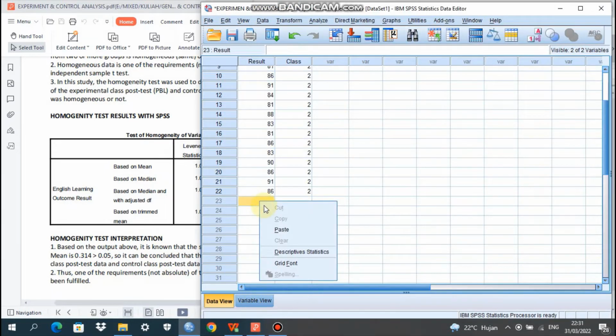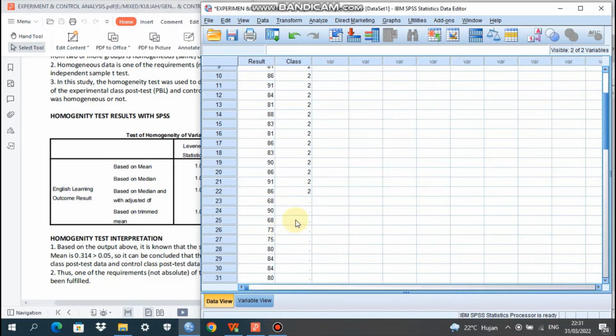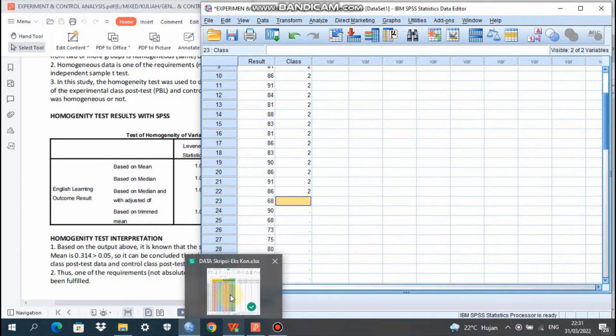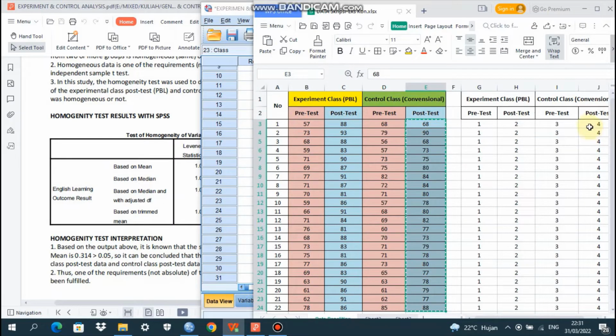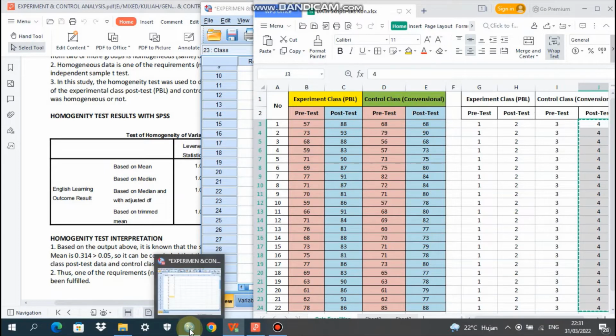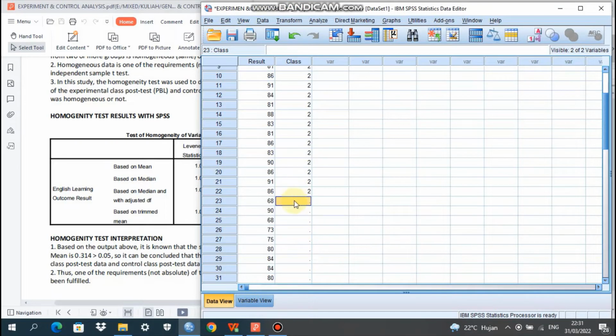We paste it here. And we need to fill in the code for the control class, post-test of course, 22 participants, 22 scores. And then we paste it here.